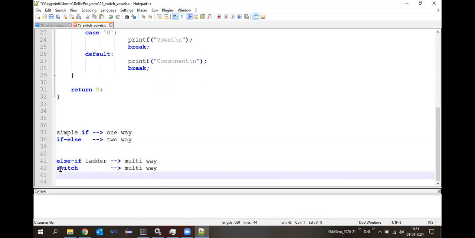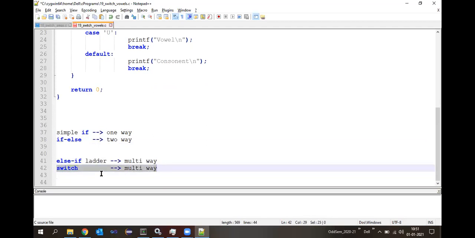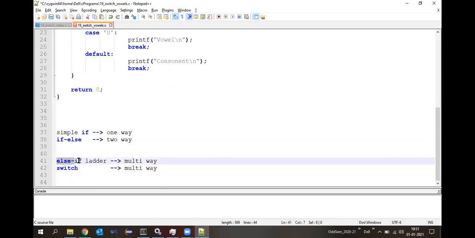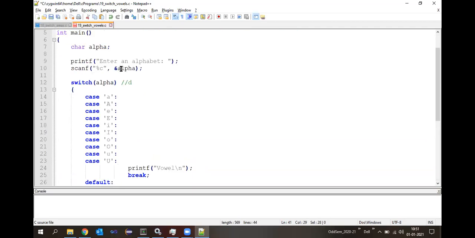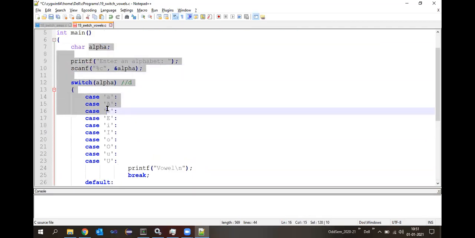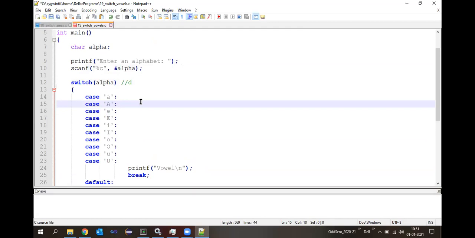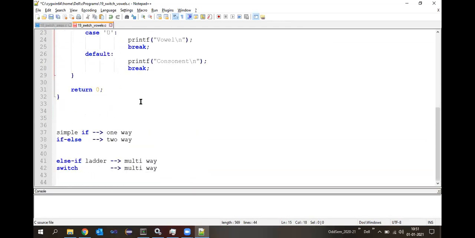Suppose there is a problem we have solved using the switch case; the same technique can be changed to else if to solve the problem. For example, in this problem where we enter alphabets, this can even be used in the else if ladder also.